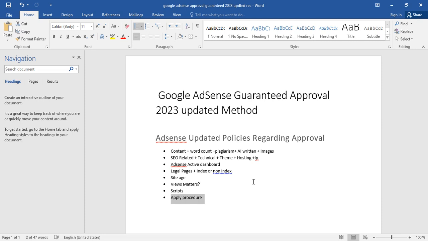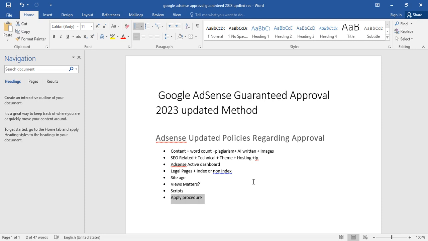And the last thing, after you have done the whole process and applied to Google AdSense successfully, do not stop writing on your website. Sometimes people wait for the response of Google AdSense and don't write content in the meanwhile.